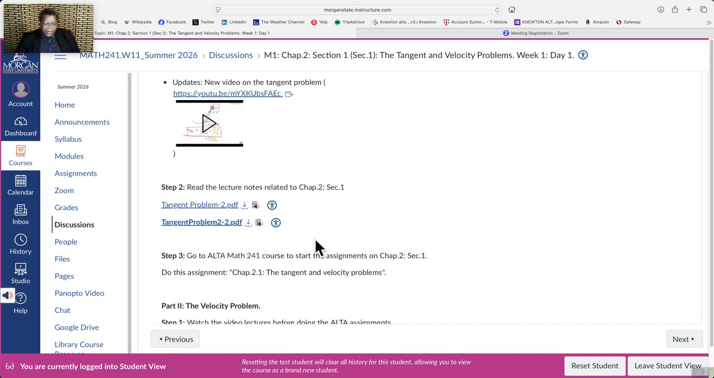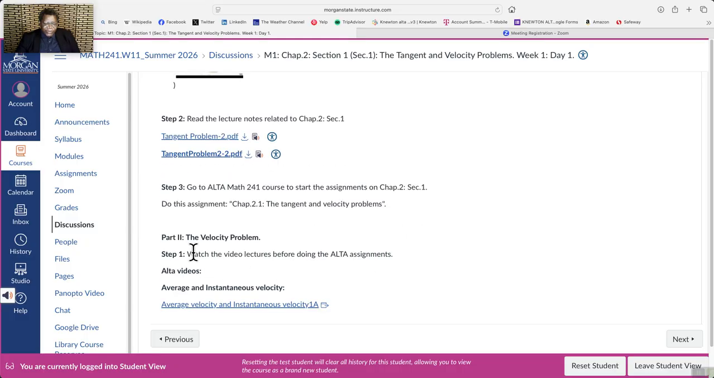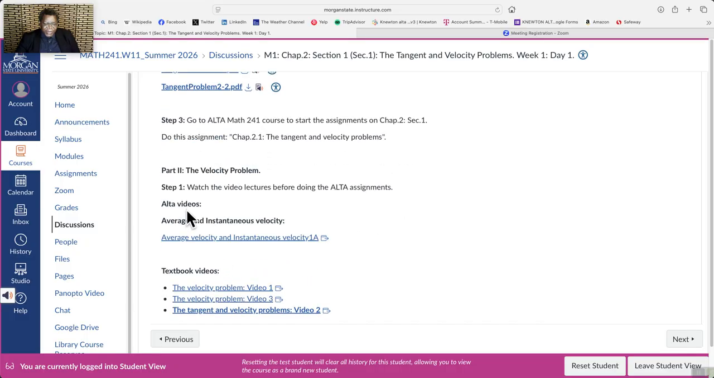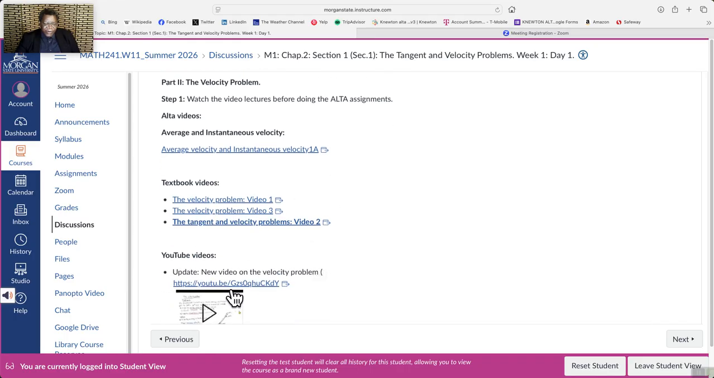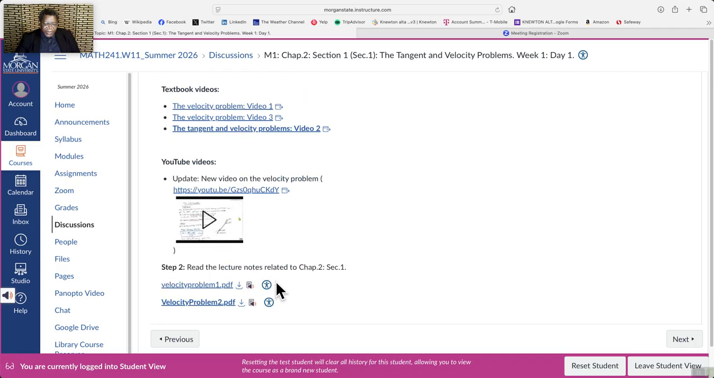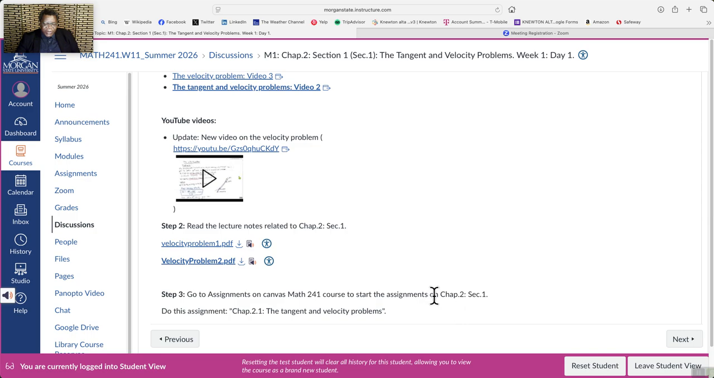And then after that, on step 3, you can go back to the assignment and start doing the assignment on chapter 2, section 1. Here we have 2 parts. These are the velocity problems. You have the videos, again, these are Alta videos, and then you have other videos coming from other sources, even YouTube. And then, when you're done, you can go and do the assignment again